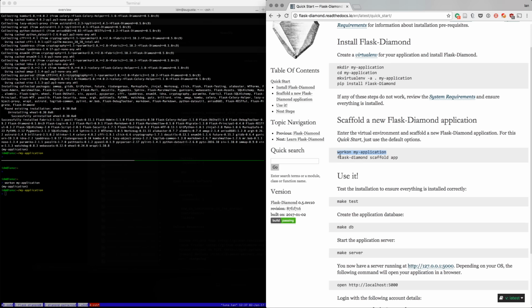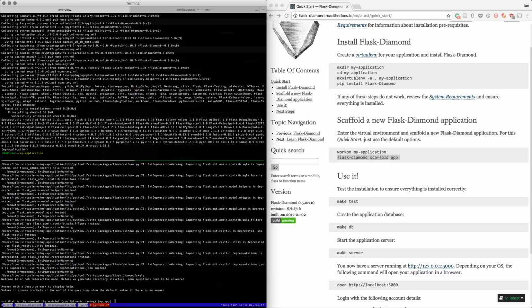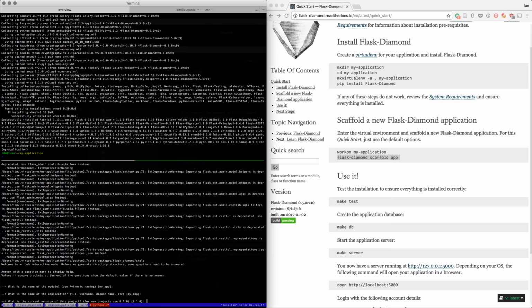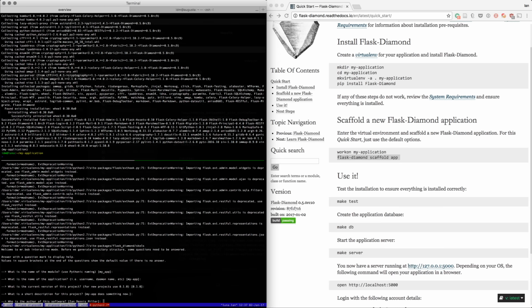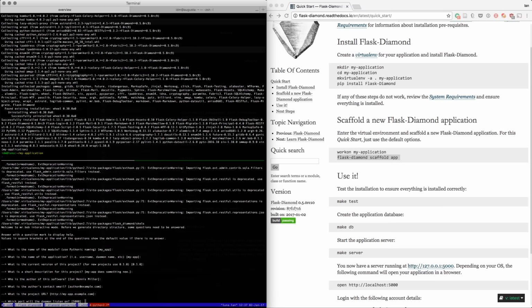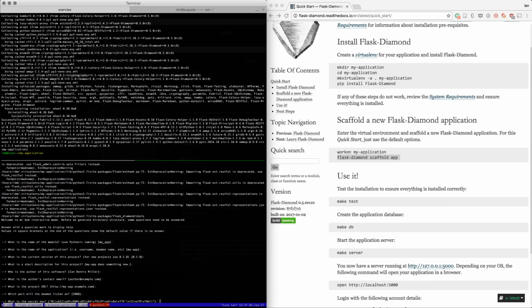and use the Flask-Diamond command line interface to scaffold a basic application, which asks you a bunch of questions. So you need to name the application using Pythonic naming conventions, and then you need to come up with a username, a version, all the basic things that every application needs. But